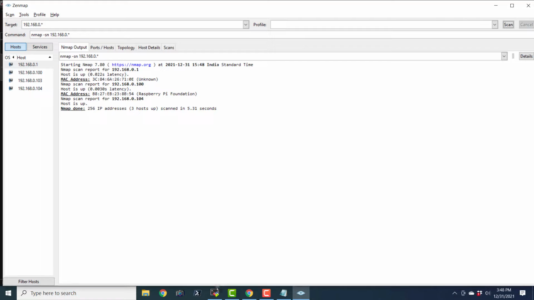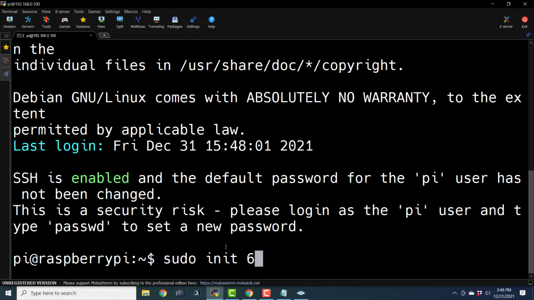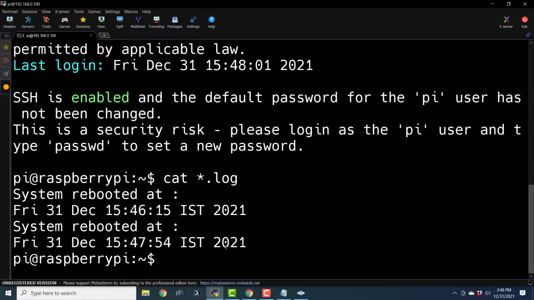Okay, the system is online. Let us try to connect to it. And finally, cat *.log. Okay, here we have two entries. It rebooted at 3:46 and 3:47, and now it is 3:48. So this log seems to be correct.